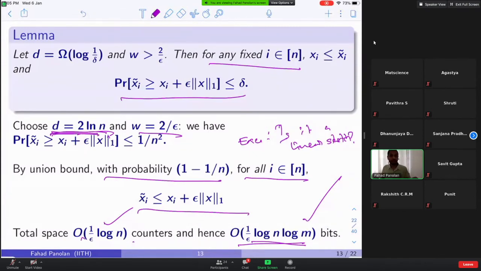That's what we did. So with very high probability, 1 minus 1 by n, all the xi tilde estimates for all i are very good, very close, close in the sense within this. It is always greater than, or in other words, it's always greater than,